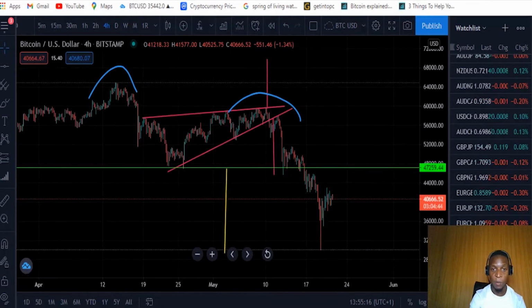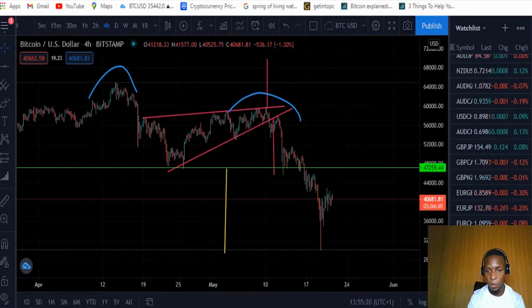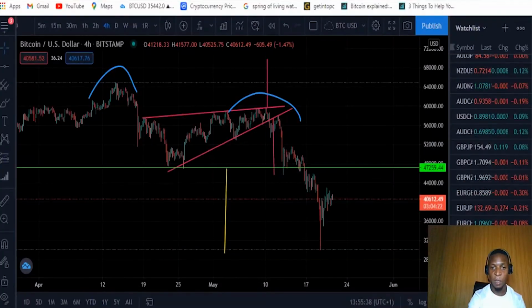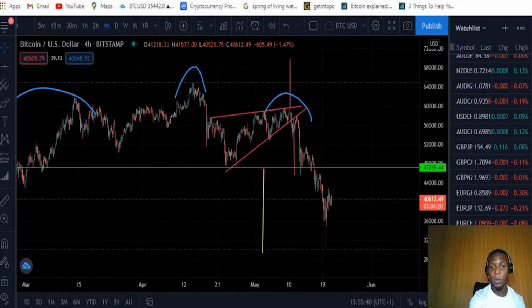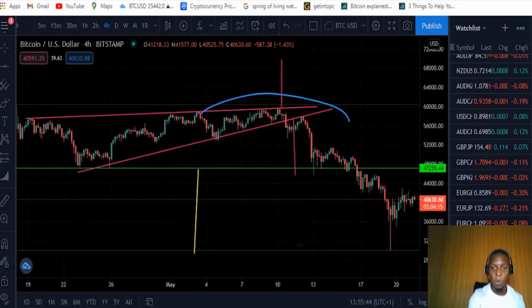I was not really expecting it. So there was one chart I was looking at too, that is this Wyckoff event phase. It actually played out with the dump that we just experienced in the market. I haven't seen this before. What is the next possible scenario and next movement that we should be looking at?